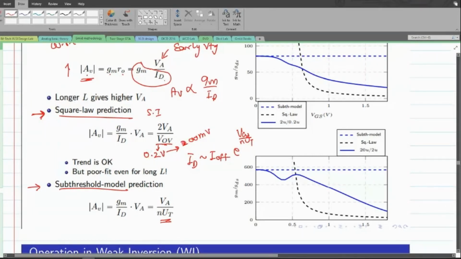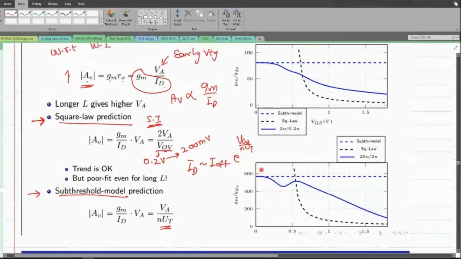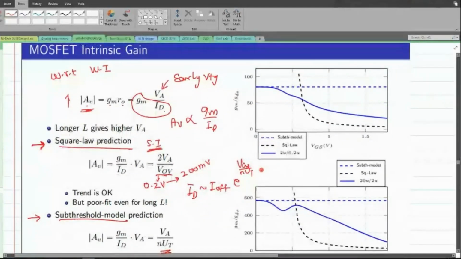If you are using it in that way, you would still get to know that the gain that you would achieve in the stronger inversion is small compared to the gain that you can achieve in the weaker inversion. The same you could see over here as well. Here I have plotted both these graphs for two different channel lengths. The one on the top is for the shorter channel length. Clearly you could see that the model that is drawn with the blue colored line, not the dotted line. The dotted lines are drawn by making use of these models. I've used these two models to draw these dotted lines for gain predictions.